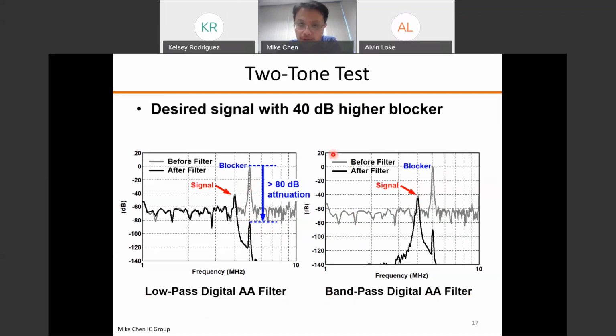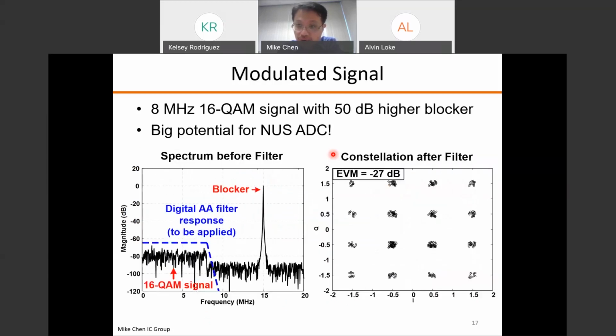So at that time, when we first showed it to outside people, they felt kind of weird, because, how does that work? This is non-uniform sampling. Are you sure you can do communication, right? So in order to convince them that this can actually do just like a traditional ADC, right? You can plug it in and use it in communication systems. So we decided to put in a